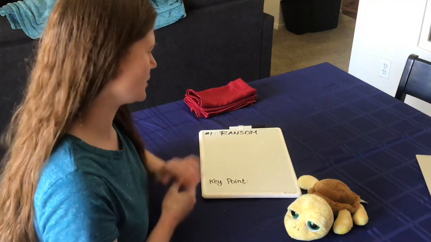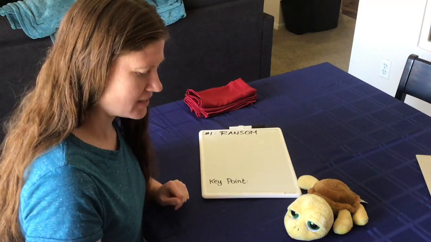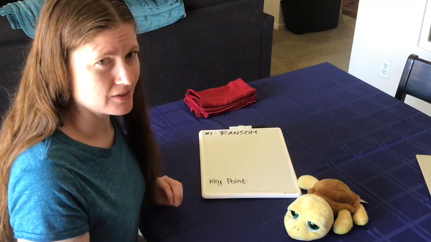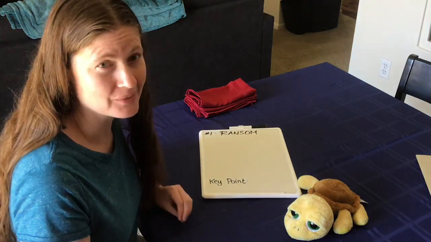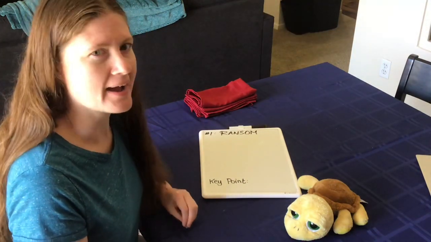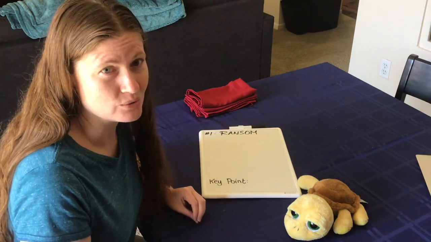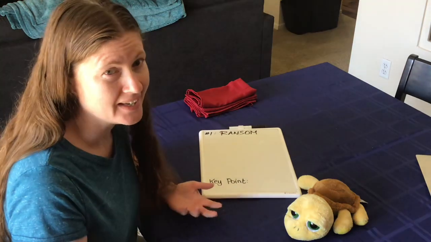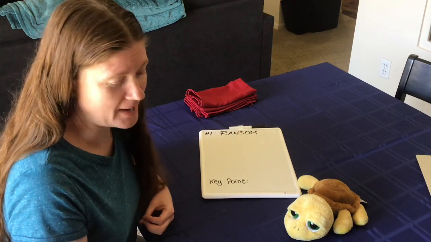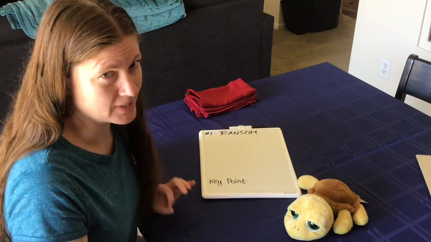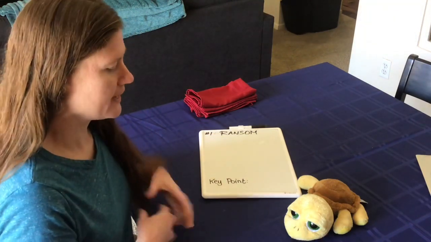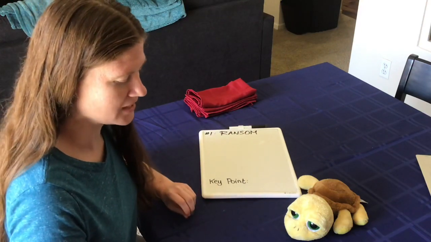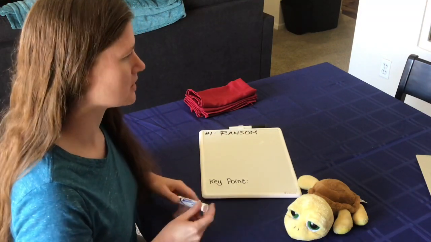This one is called ransom, and so if you're not sure about that word, ransom, think about when somebody gets kidnapped, right? And the kidnappers ask for a ransom to get the person back. So you have to pay them a certain amount of money in order to get that person back that they've kidnapped. So think about ransom in those terms. So in the context of atonement, this is how this explanation works.